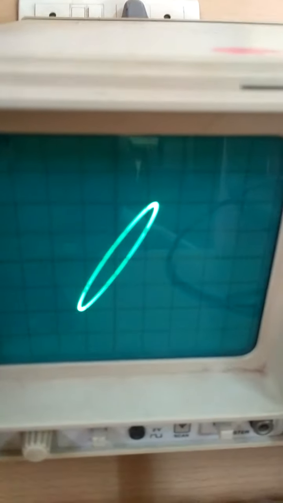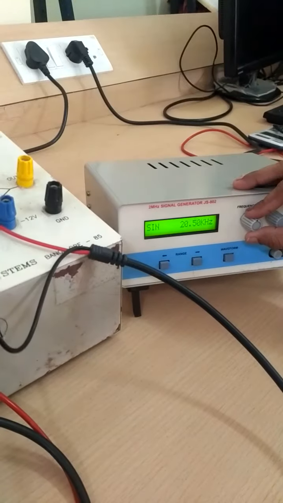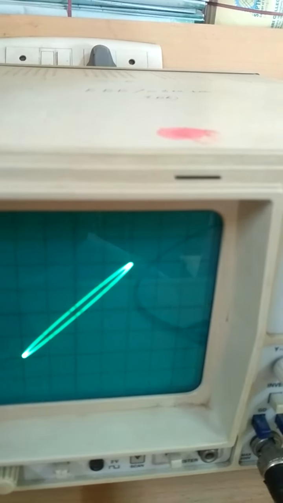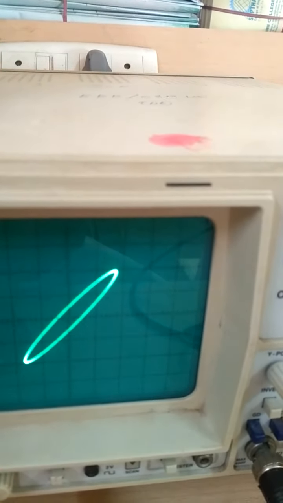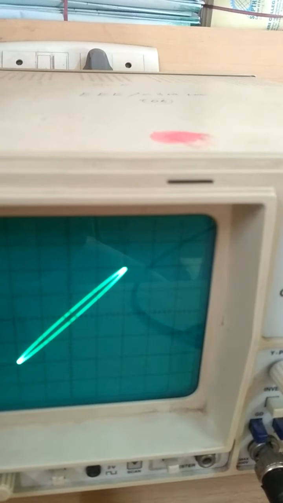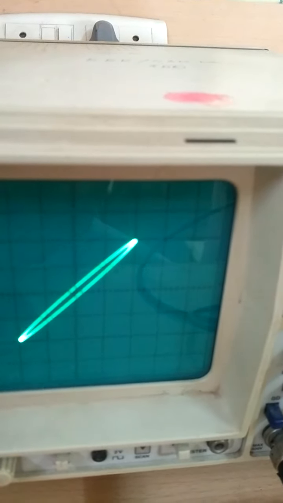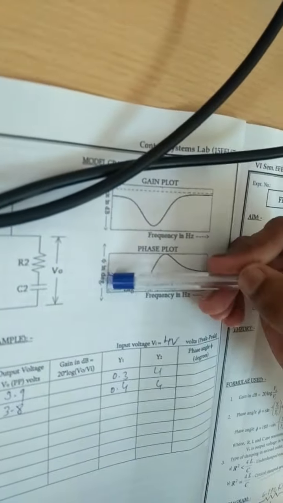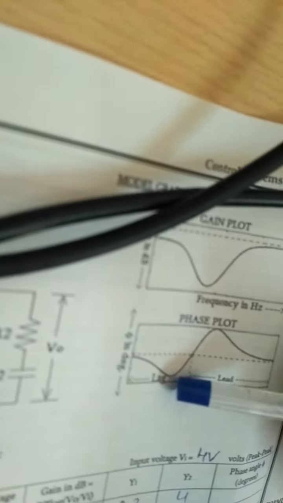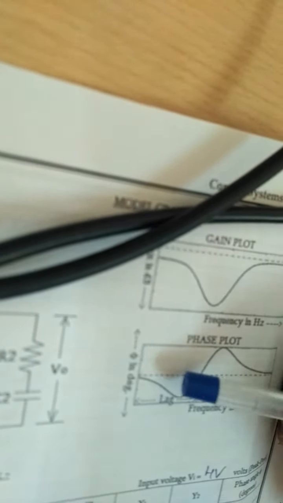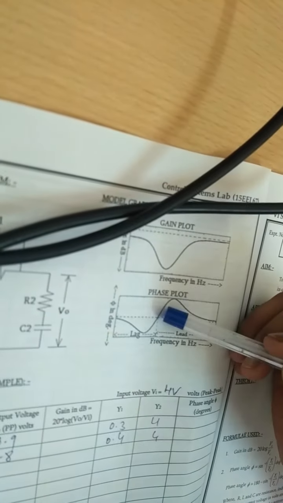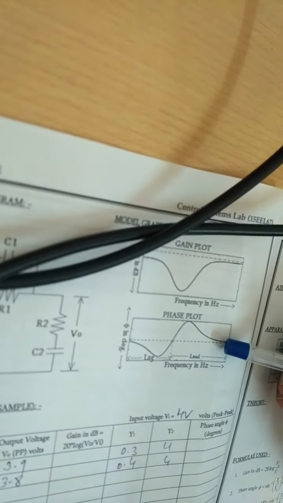With respect to the phase angle, what happens when I'm increasing: your y1 will increase, go to some maximum value, and again y1 will reduce. So you will get an increase from 0 to a peak value, then reduce to 0. That is for lag. You start from 0, the angle will increase. Since you don't have a negative part here, for lag readings you take the negative cycle, and for lead readings you take the positive cycle.